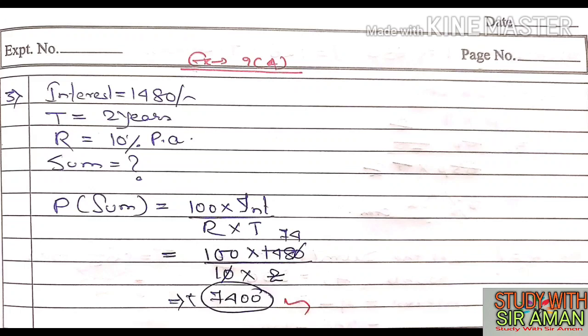Interest, time, rate, sum means principal. 100 into interest, 100 into 1480 by rate. Rate is 10, time is 2. The zeros cancel, and with 2 you cut. 7400 is our required answer. Okay,